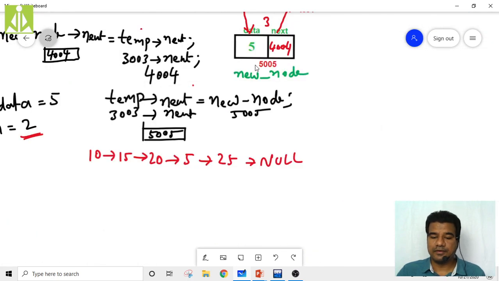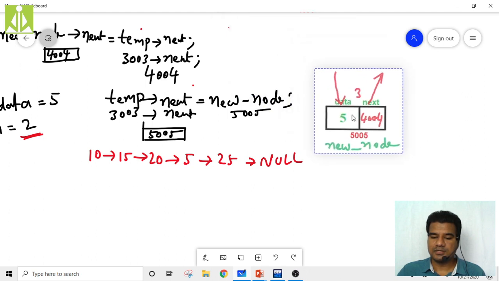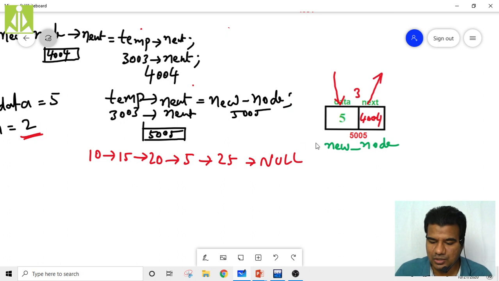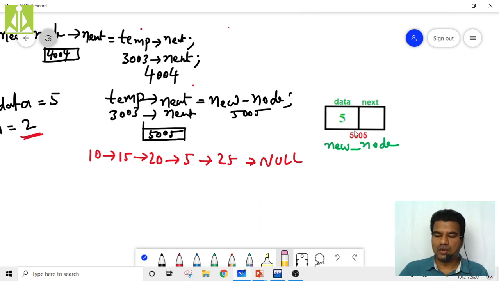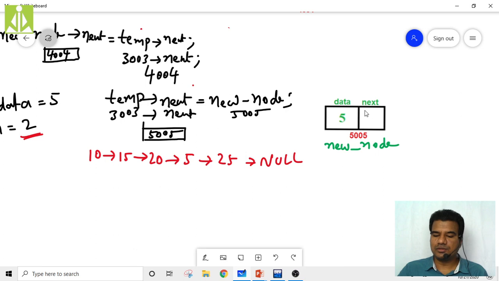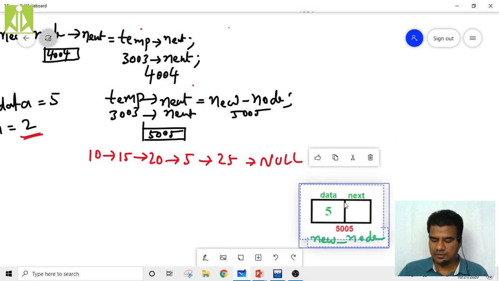The entire thing is coming, so I just take an eraser and remove these things. Yes, this is my new node. So take that new node down.